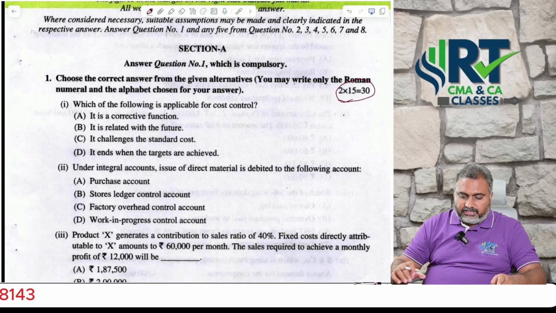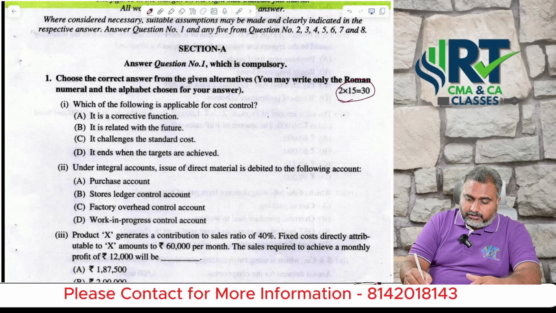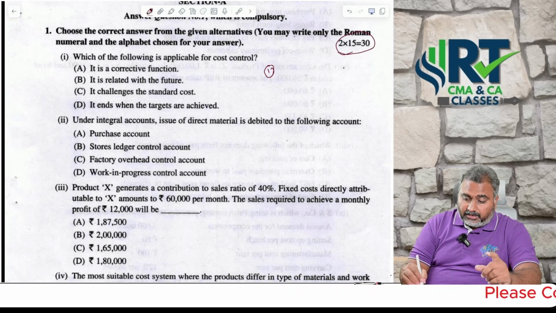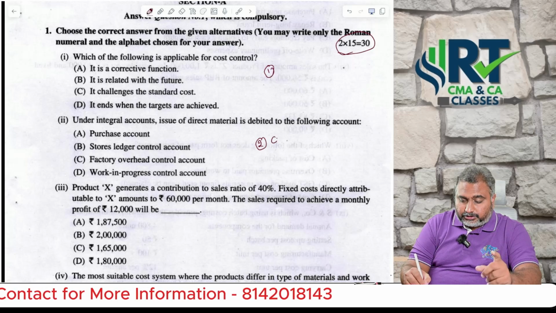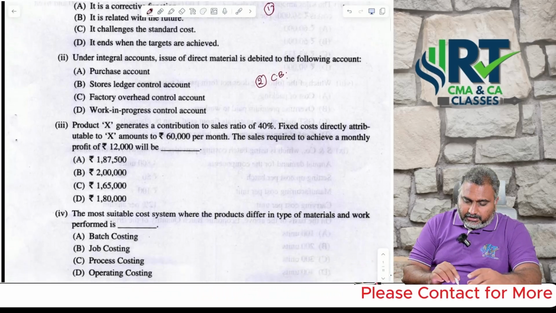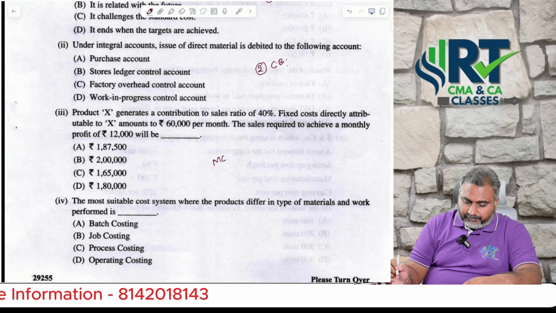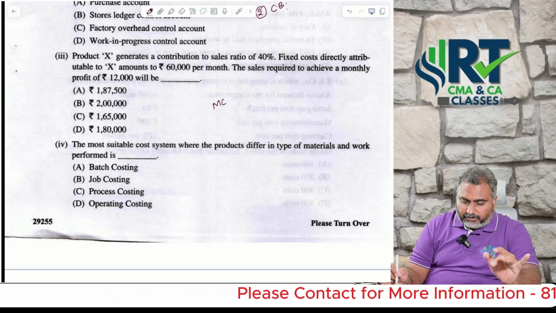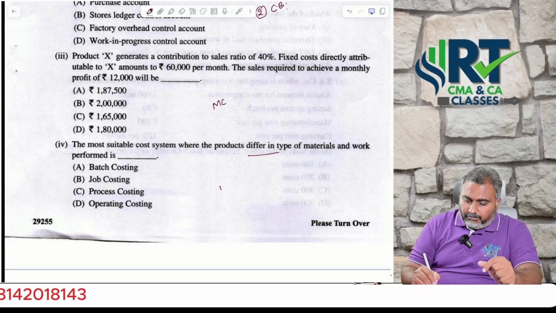Just see where they are asking the questions. Which of the following is applicable for cost control? This is from our first module itself, integral accounts. That's why I said you can expect one MCQ from the cost bookkeeping point of view. And this is related to contribution sales ratio, from marginal costing. Which is the suitable costing for different types of materials and work performed? This comes under batch costing